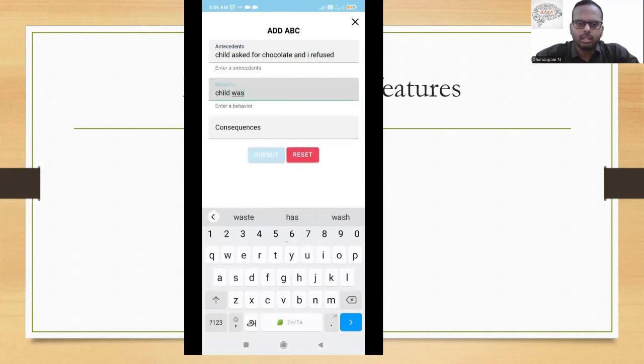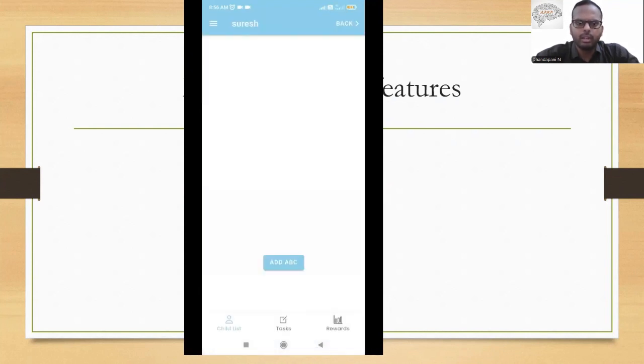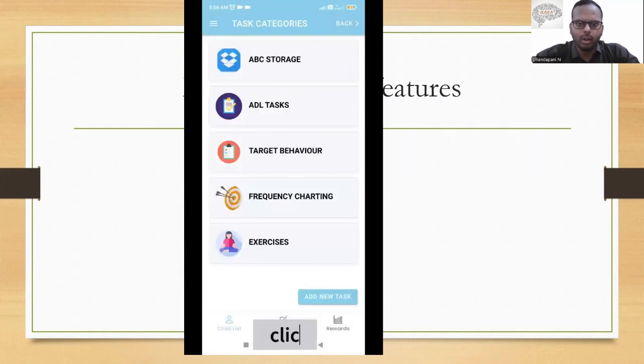Child was hitting mother is the behavior. She got the chocolate is the consequence of that behavior, and click submit. So your behavior is added and recorded.